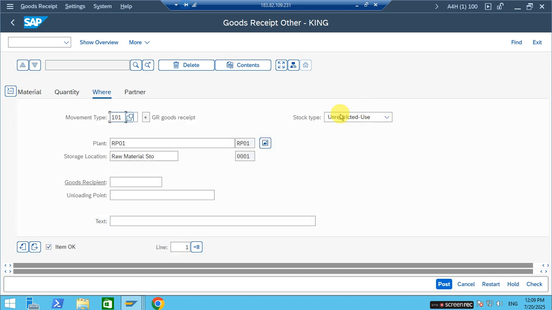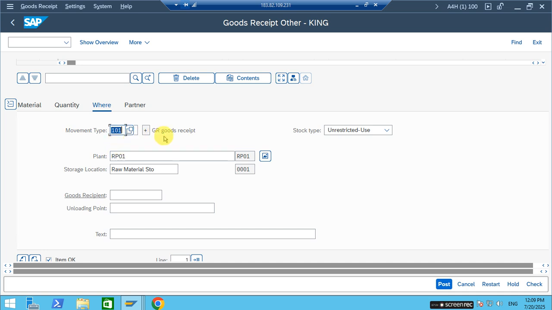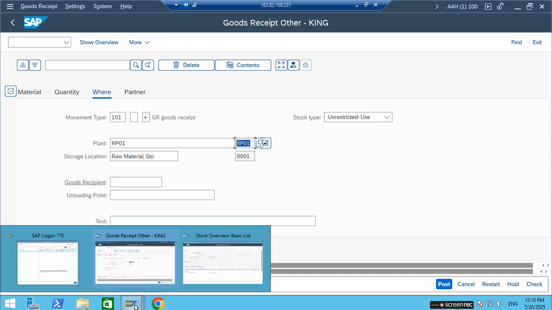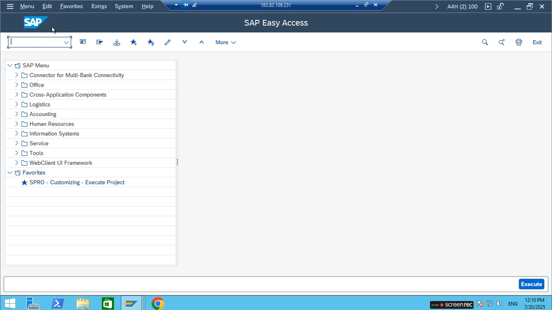Why? Because here we are performing goods receipt without any reference document. So in that case, the system is expecting that an automatic purchase order has to be created in the background, but to create that purchase order, what is the system expecting? The system is expecting a standard purchase organization for this plant RP01. So for this, we'll go to the configuration setting and check what is the standard purchase organization